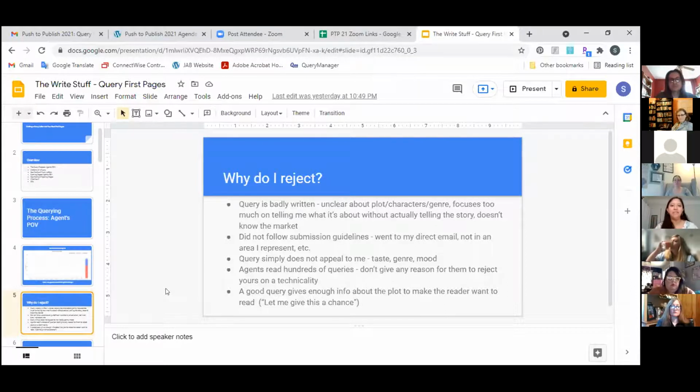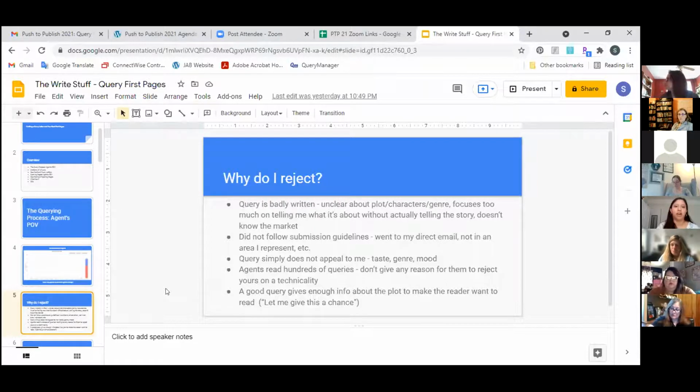In the same way, sometimes I see queries where everyone's telling me, my book is going to do this, it's going to tackle this area of the market, it's going to do this and that. It's about friendship, love, and relationships, but it's not actually telling me anything about the characters or these relationships they're describing.